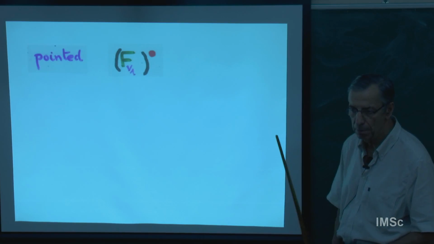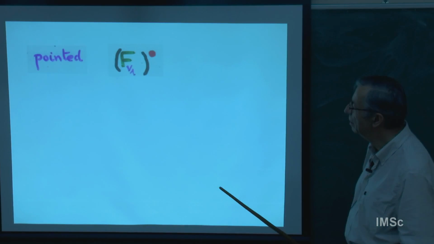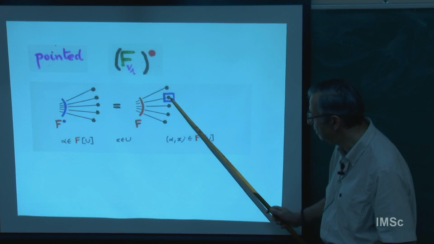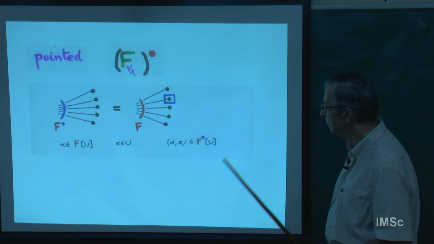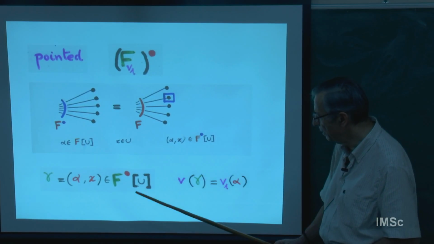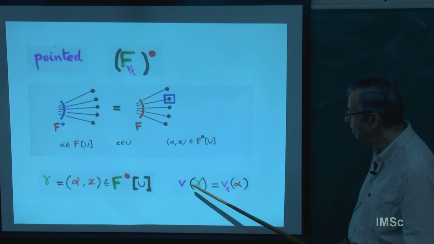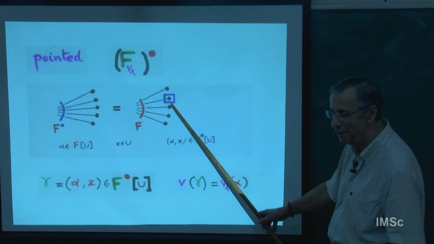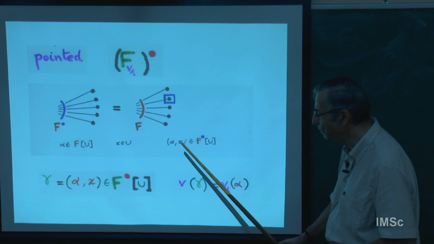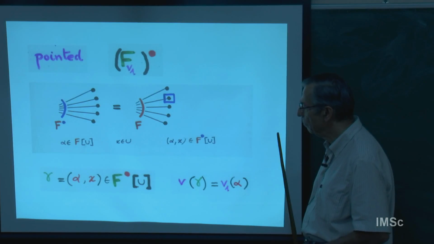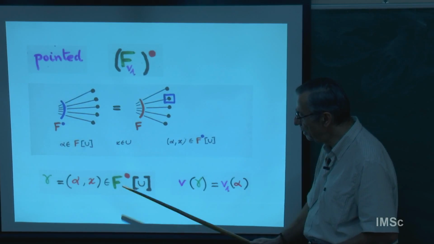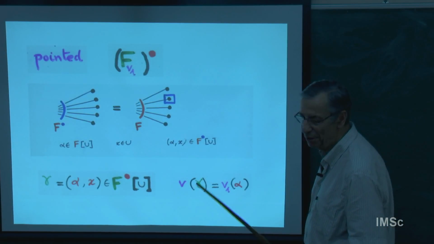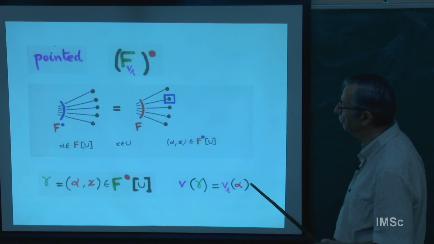Now we have two more operations, pointing and derivative. When you point the spaces like this, you have a pair alpha and an F structure, and then you take an element X of U, you point it, and for gamma pointed, the weight is the same. The weight of the pointed structure will just be the weight of alpha. It is independent of the choice of the point X. So the generating function of this, with the weight, is going to be T times the derivative function, as for the ordinary spaces.